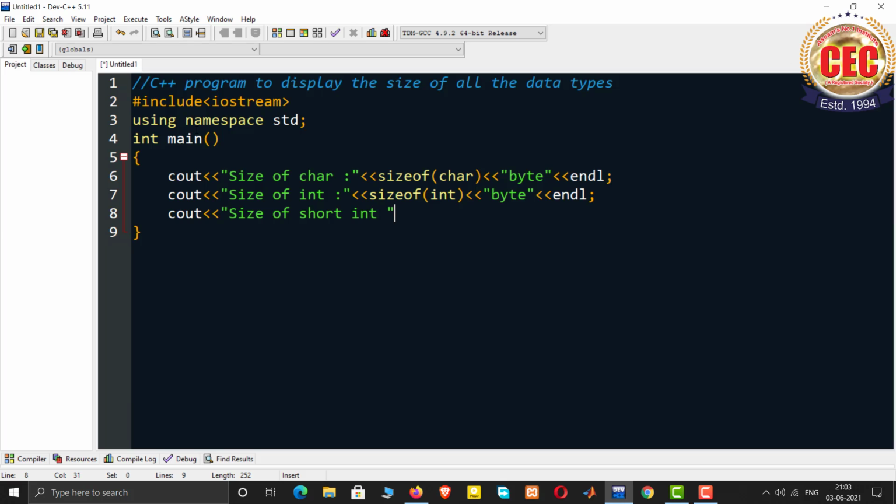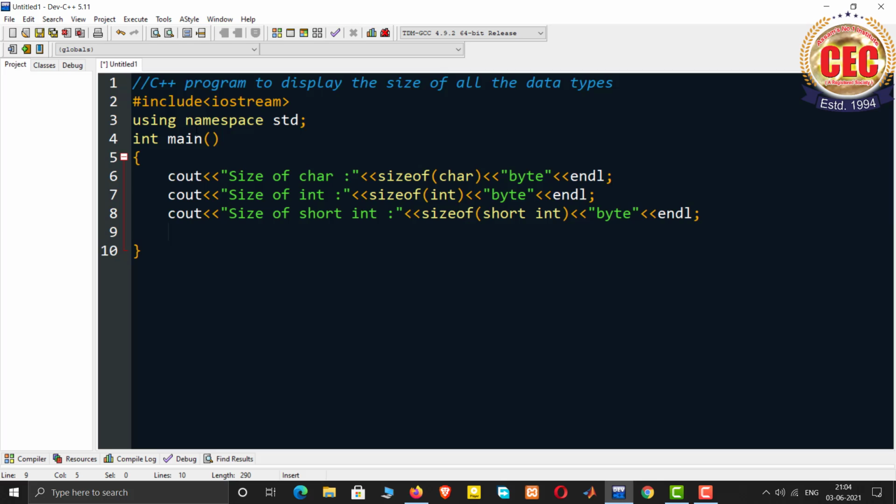Then again we will write the sizeof function, and inside that the keyword will be short int. So the size of short int, and again we will repeat the process: byte, output operator, and endl, semicolon.